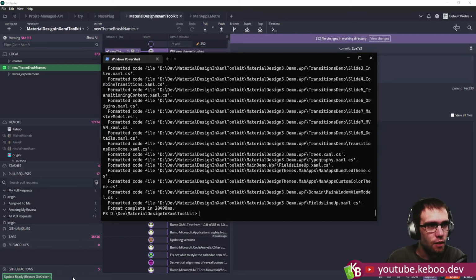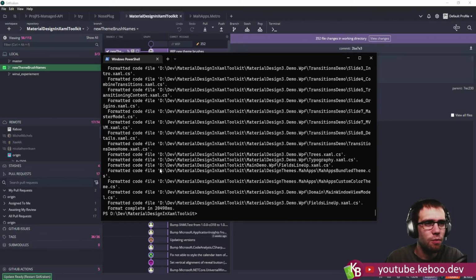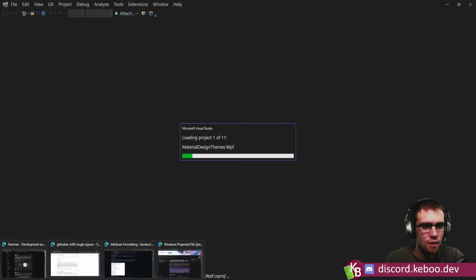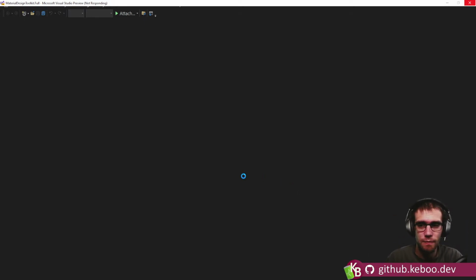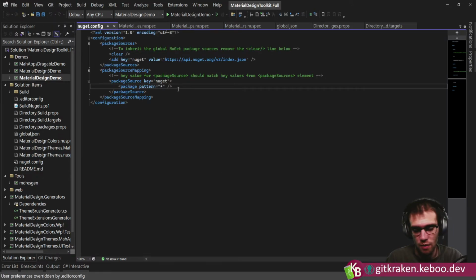Okay. There's the .NET format. Let's see. Open Visual Studio and we'll run code cleanup, profile 2. I'd like to get this guy merged and then move on my merry way. Okay, so